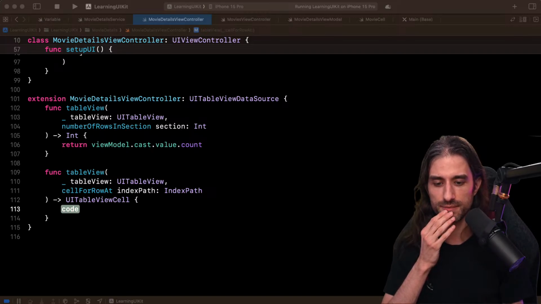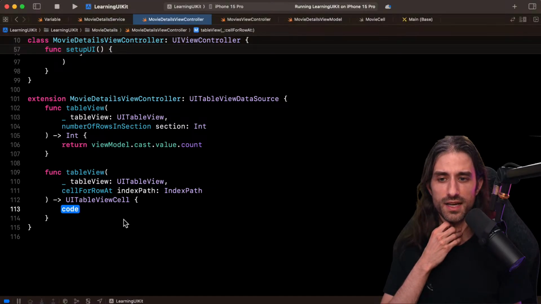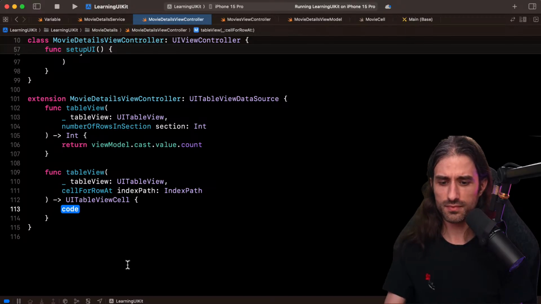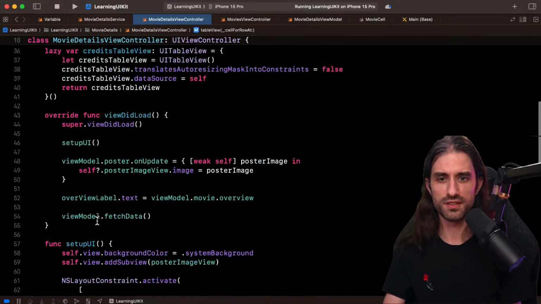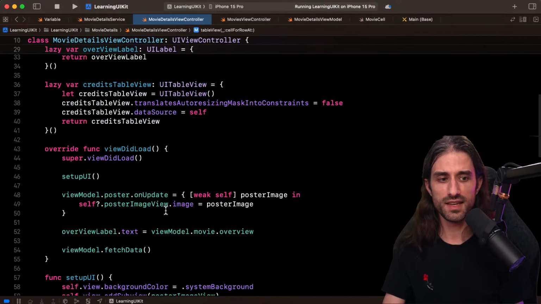So how should I do it? This time I'm going to do it a bit differently. We'll see if it's going to work, because I'm not using a storyboard this time. I'm going to use just a classic UI table view cell, but I will still need to set the reuse identifier.